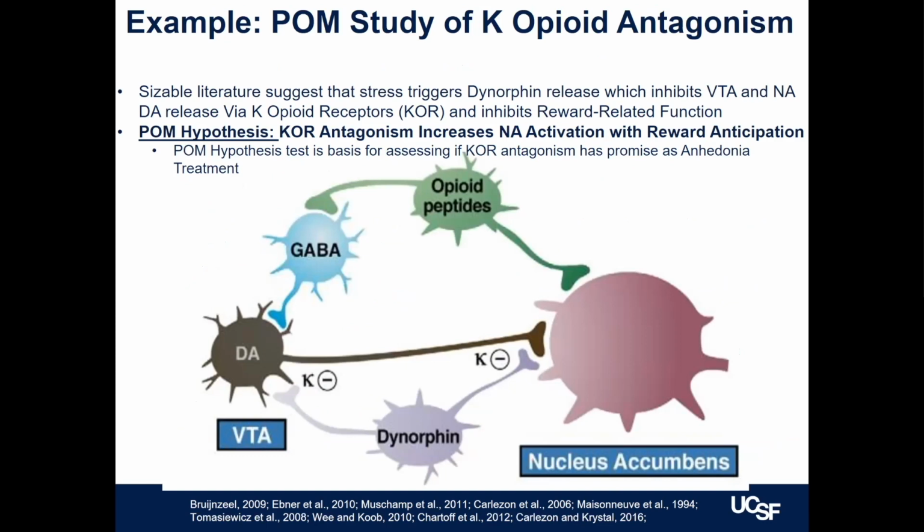The mu one is what everybody knows about, but the kappa receptors are just another type, and antagonists of it have a very large basic science literature supporting that they have potential as treatments for anhedonia. Basically, in animals, in a variety of contexts, first, dynorphin is released when there's stress,